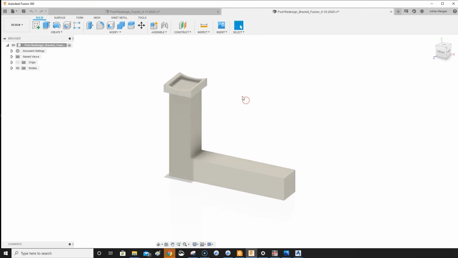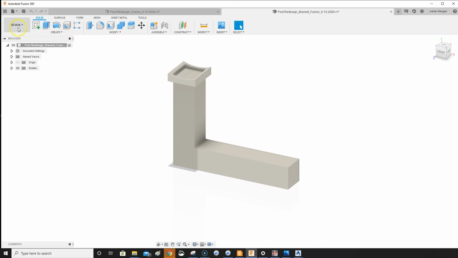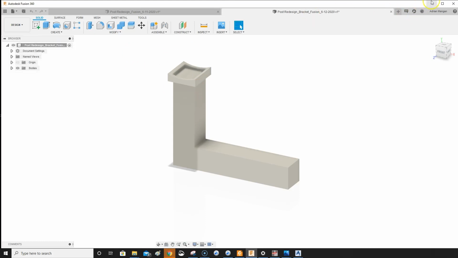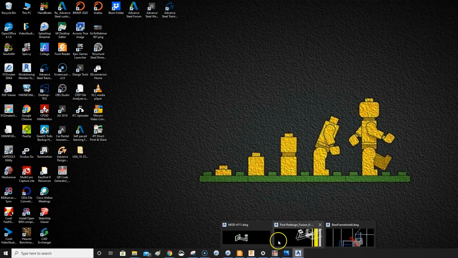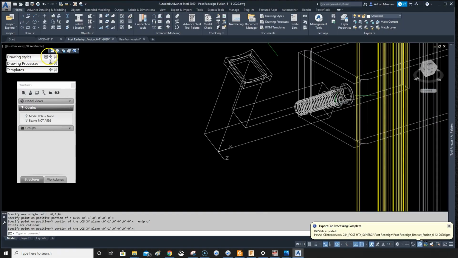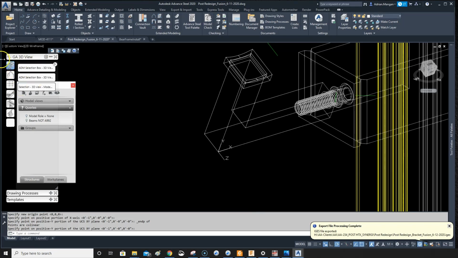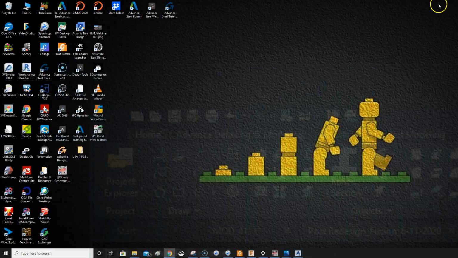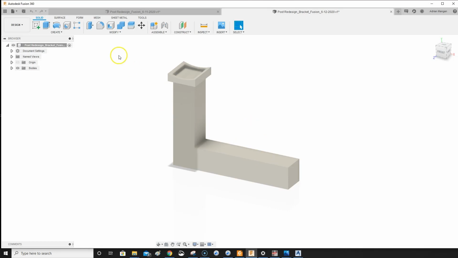So what I want to do now is put this on a drawing. Advanced Steel doesn't do a great job. You can't really set up a drawing style, as far as I know, for special parts. You really have to just use the tools you already have. You have to go in here, set the UCS the way it is looking into the Z-axis, and create 3D views and then dimension them, which is fine, but you know, really it could be better. So we'll close that again. We'll go back to Fusion,